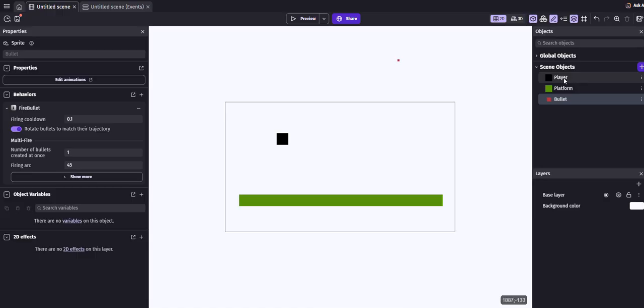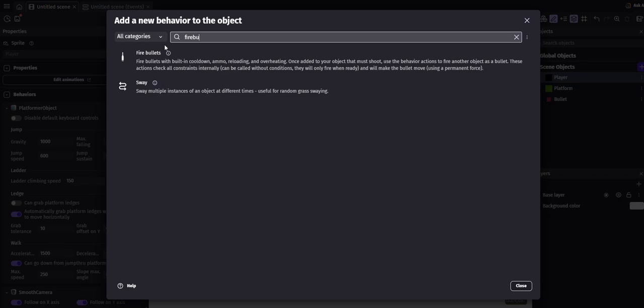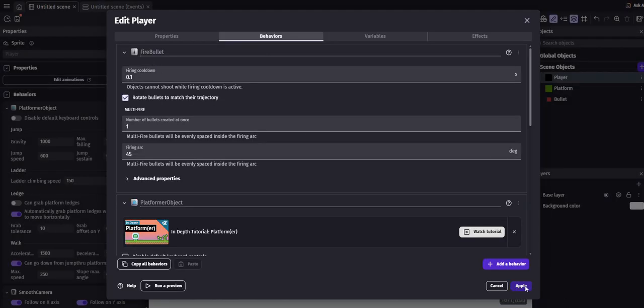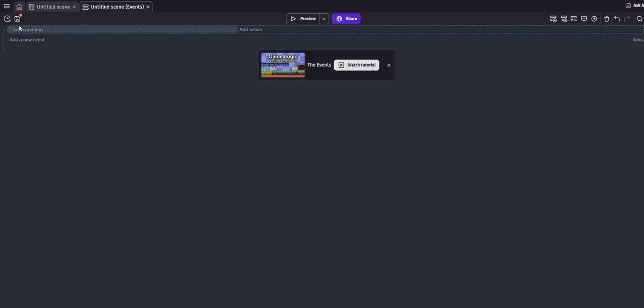I'm then going to go onto my player and go onto behaviors as well, and I'm going to add a fire bullets behavior to my player too. Now that I've done that, I can start to write the code that is going to enable my player to fire a bullet. So I'm going to go onto my event sheet and add a new event